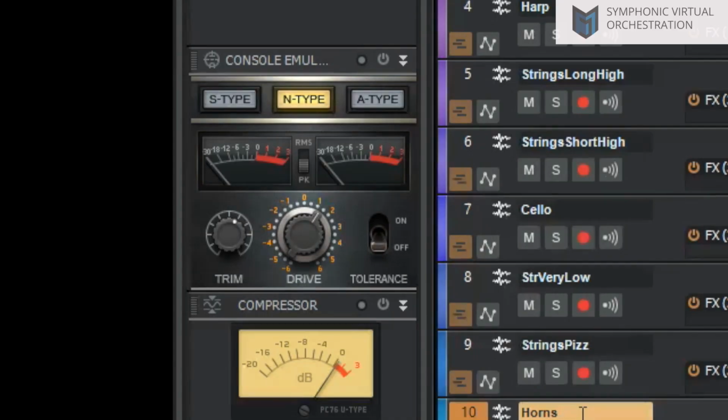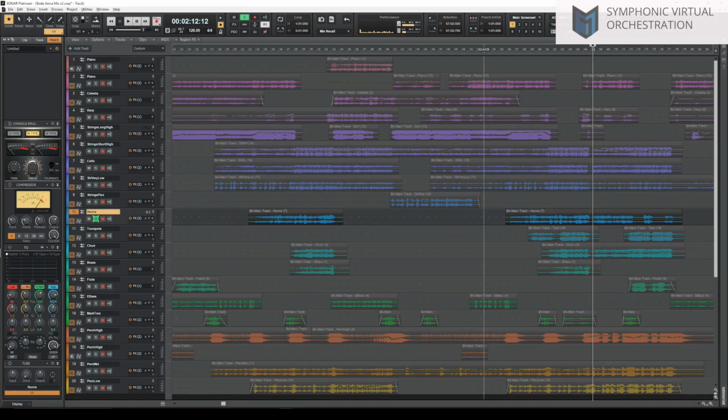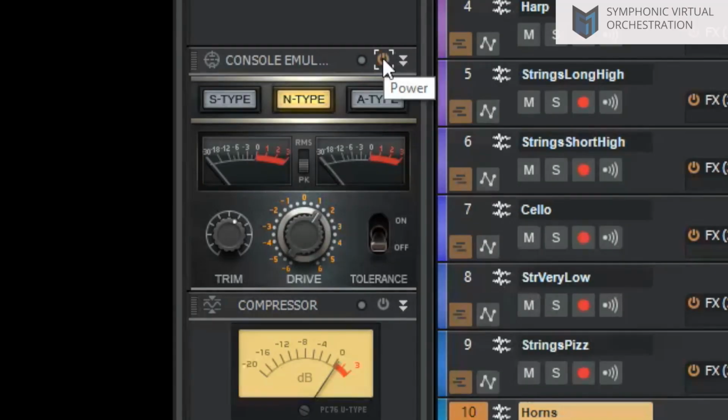So let's grab this horns line, and let's listen without and then with, and let's see the difference. We will see that it's a very subtle difference, but when we are mixing, it's all about those subtle differences that, when we put them together, make a big difference. So I'll toggle it in and out, and you'll see this yellow thing going off and on. Okay, so we're starting without